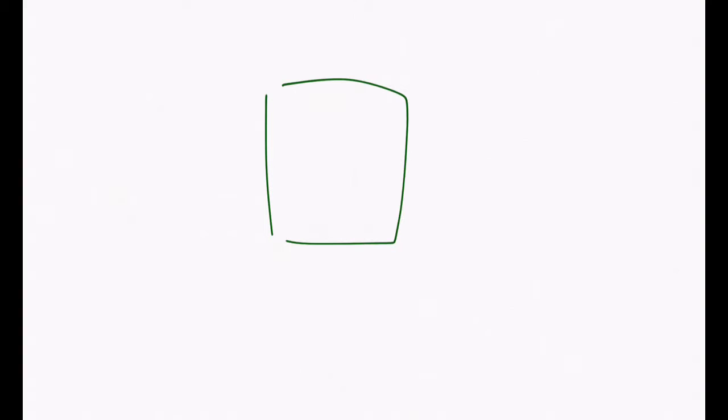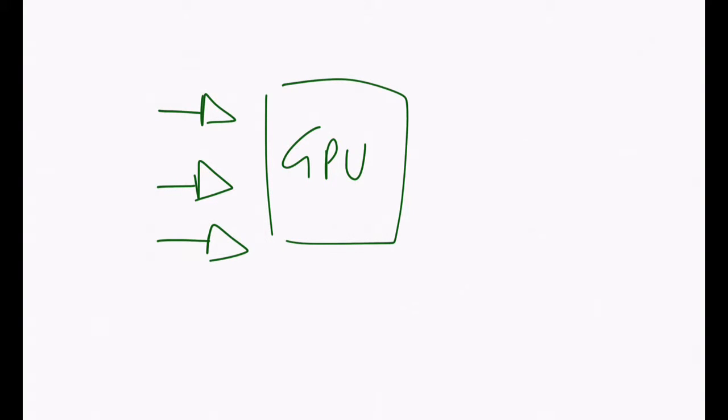A GPU is really, really good at processing things in what we call parallel. So it can take a whole bunch of tasks and process them all at the same time. And in addition to that, a GPU has built-in memory, or RAM, which you discovered the meaning of yesterday. And it has a lot more memory than any processor that is around even today. So the GPU is kind of like a processor and RAM smashed into one,